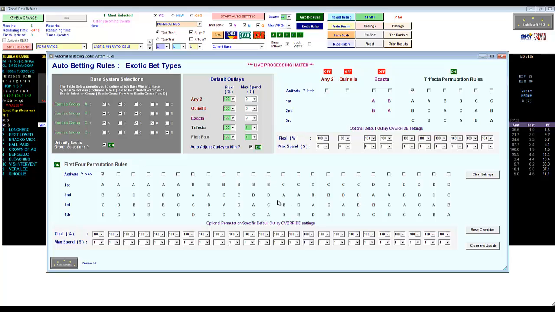So that completes the core exotic bet functionality that's built into the system. It's been designed to be completely flexible, and I totally understand it will take some time to get your head around all these concepts and how to set it all up. But the beauty of this system is once you do get your head around it, you're empowered with extreme flexibility and the ability to apply very efficient betting systems to ensure you make good money out of it, rather than the other way around, of course. So that's the entire intent, to build the very best tools available to empower you as a punter to be very